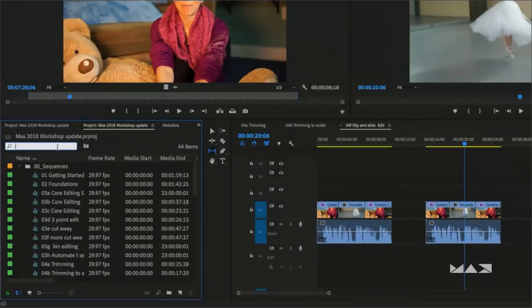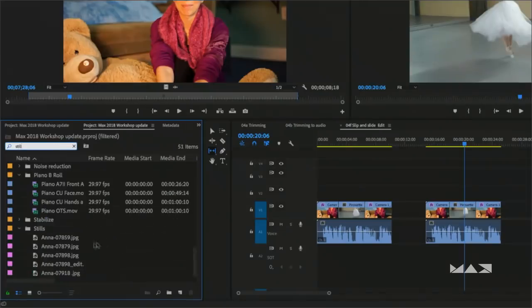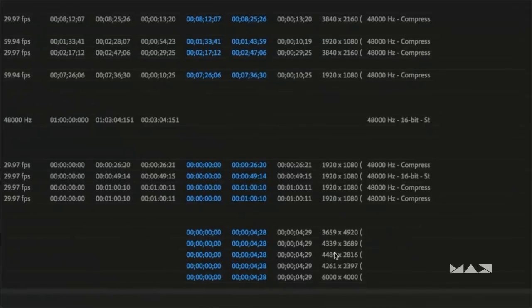I'm going to go here, and I want to find one of my still images. I'm going to go ahead and type the word still. And I should have some photographs here. And I'm going to make this big because I want to point out something with photographs and how you can work with clips. If you look here, and let me zoom in a little bit, in one of the